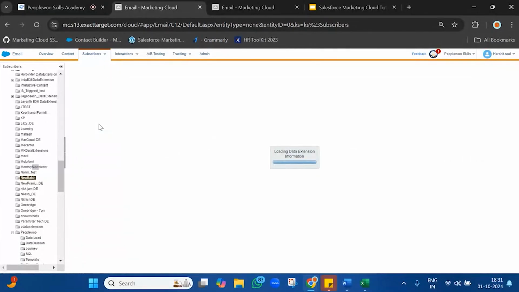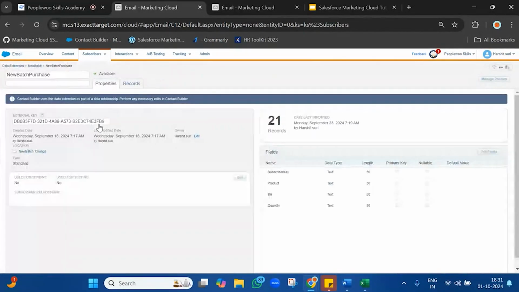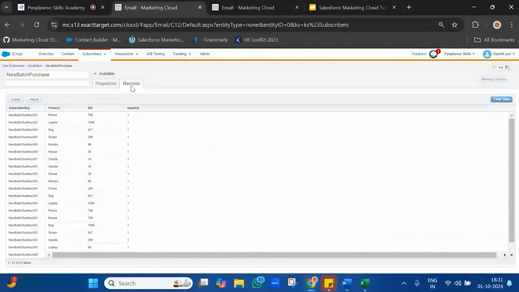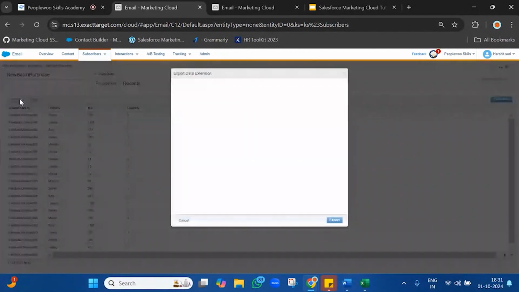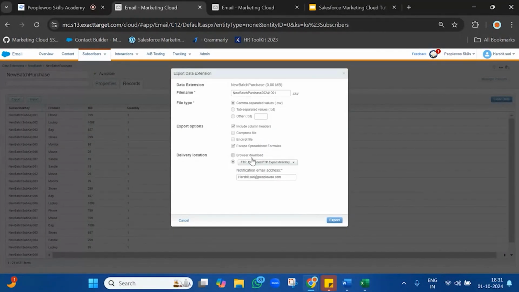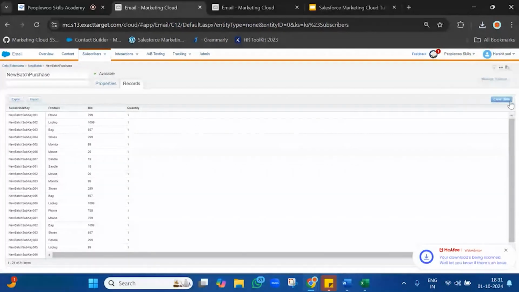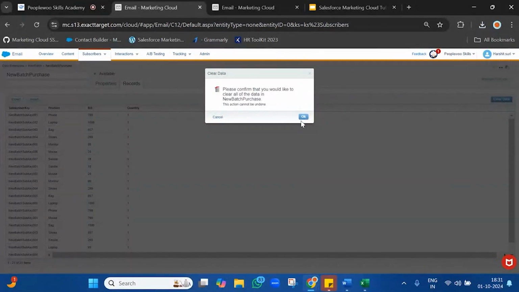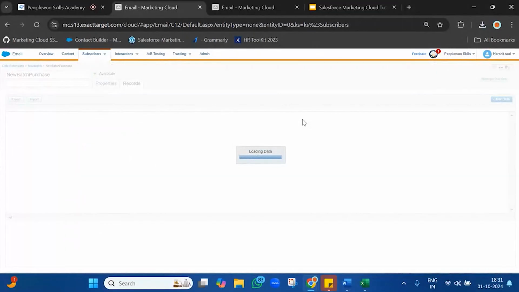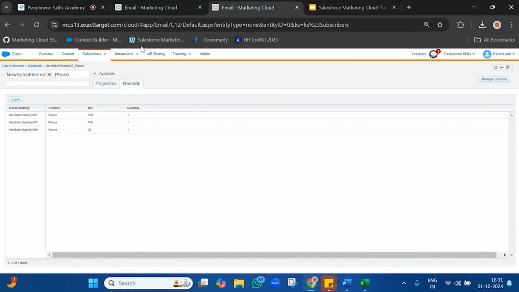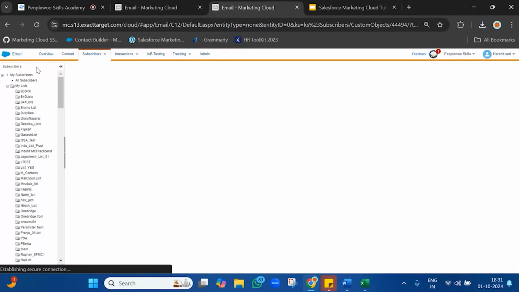This is new batch purchase. This data extension is containing master history of all the subscribers. What I will do, I will export this record. Once I export this record, I will clear this data extension. Once I clear this data extension, what happened? 0 records are present. Now, if I go and open the filtered data extension,